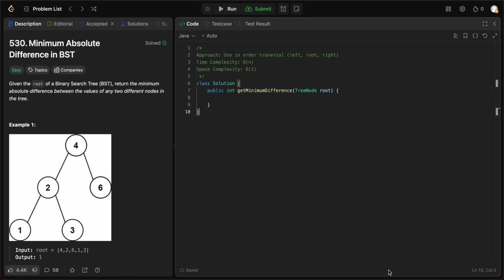Today we're looking at question 530, minimum absolute difference in BST. The way we'll be solving this problem is by using in-order traversal. And the reason why we'll be using in-order traversal is because even though we want the absolute minimum difference between